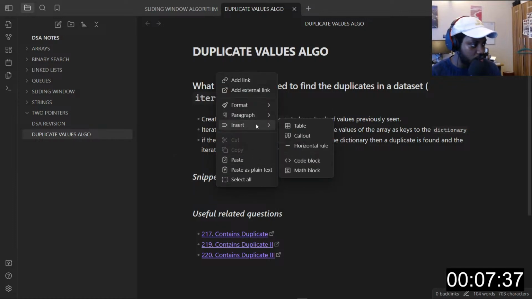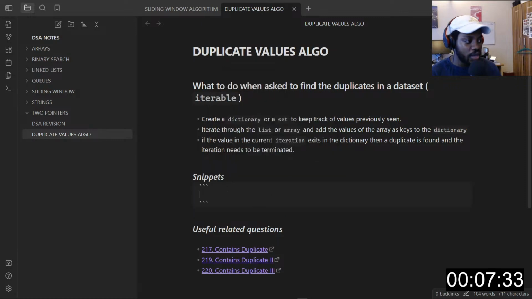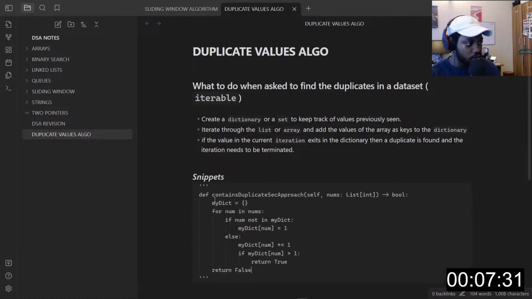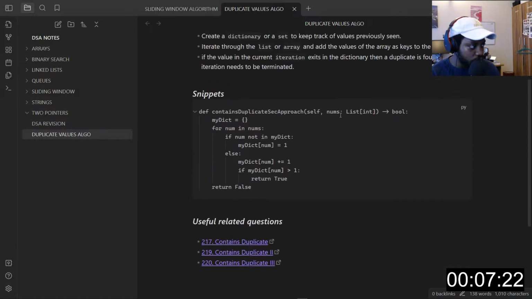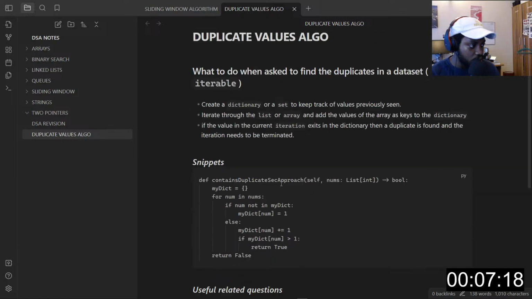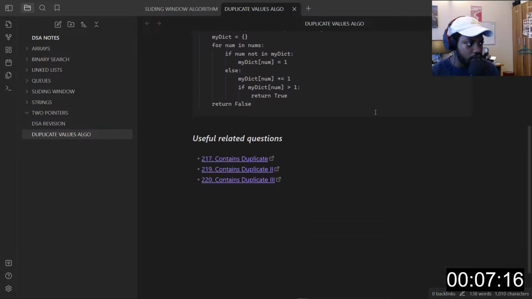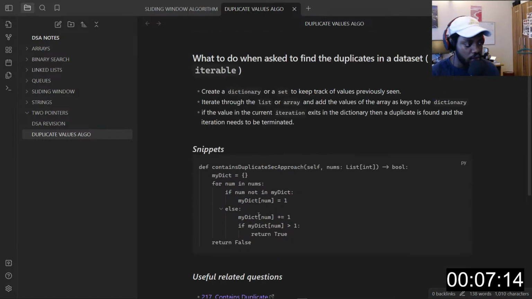Let's just do insert code block. Oh yes, and you can put the language there. So this will be py, like this. Yeah, so it's Python, so it's there. Okay, this is good. All right, so this will be useful for reading and understanding what's going on.